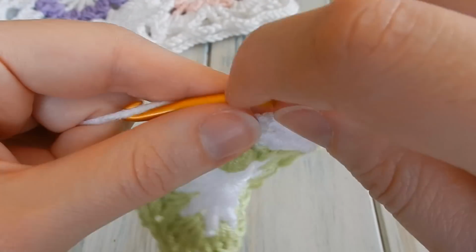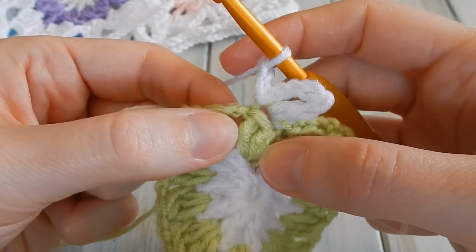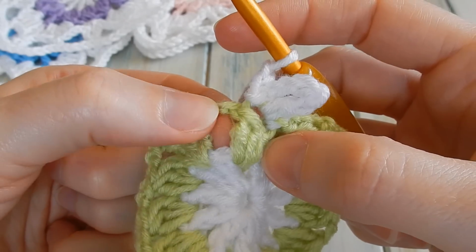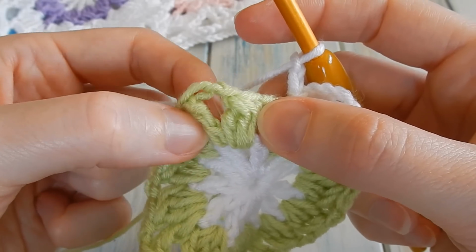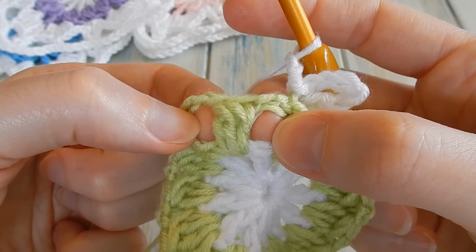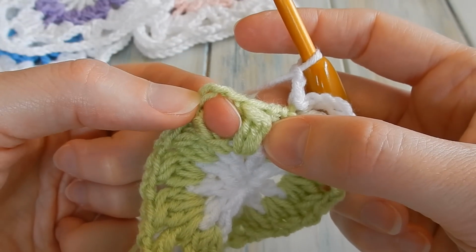So chain 1 and 2. So we're going to chain 2. Then what you want to do is skip the next 2 chain space. So this next big gap here, you want to skip that and find the one on the corner, just on the right of your treble. So skip the 2 chain space there, find the next 2 chain space, and in there we are going to